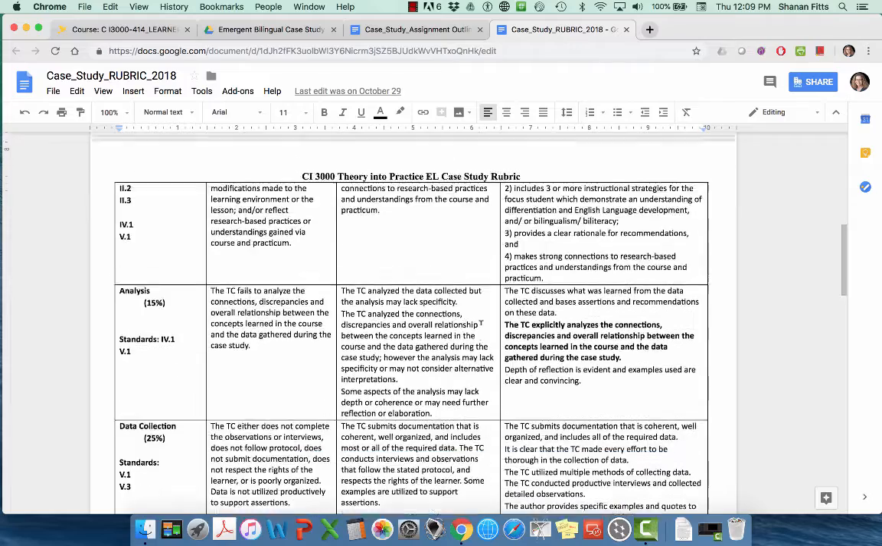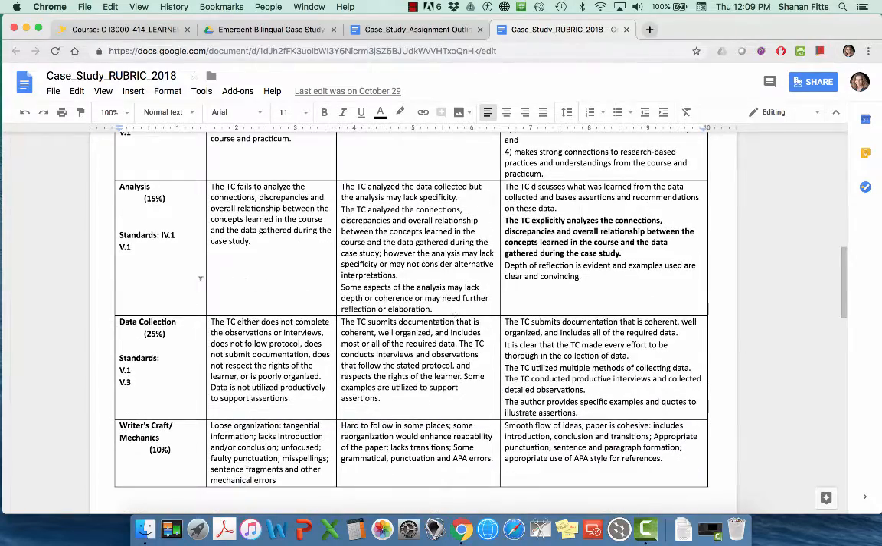On the rubric, you'll notice that there are 2 other areas here. The analysis area of the rubric, that is not a separate portion of the case study. That is for me to evaluate to what extent did you make connections between the data that you collected and what you observed in the classroom and what is recommended by our text authors, by other things that we've read